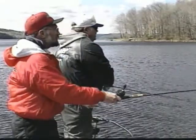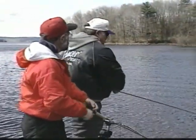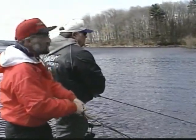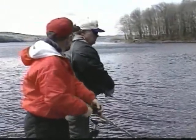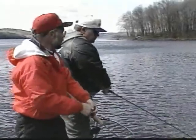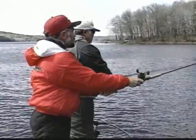Just being with the other guys, talking to other guys, and just being around them, you pick up so many tips. But I think if you want to improve your fishing, take the time and get with your buddy. You don't have to have a huge bass boat. And try one, because I think you'll learn a lot. I know I have. I've picked up a lot of tips and techniques just talking to guys at the dock,